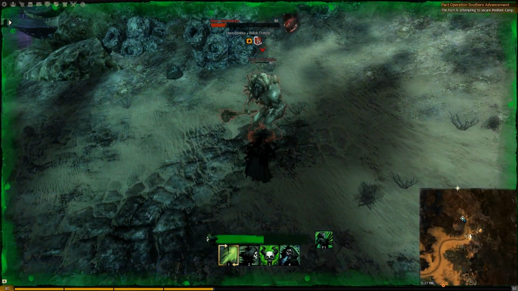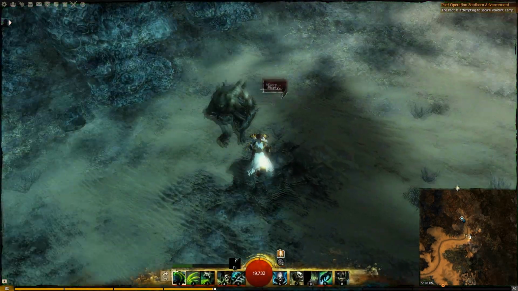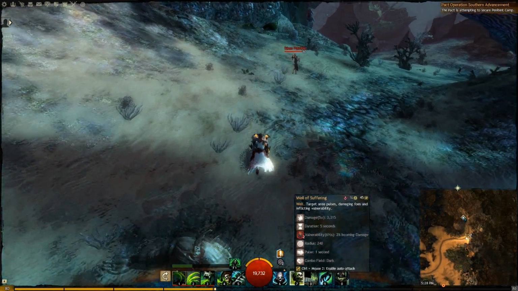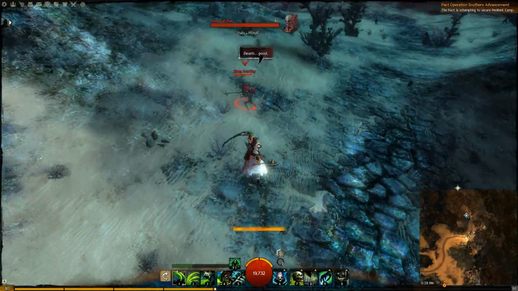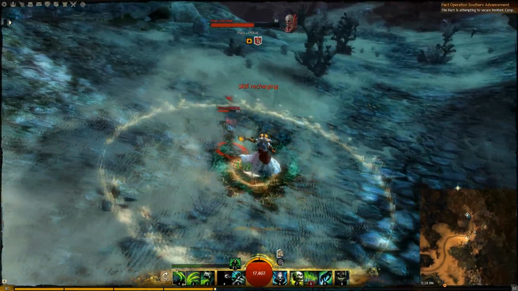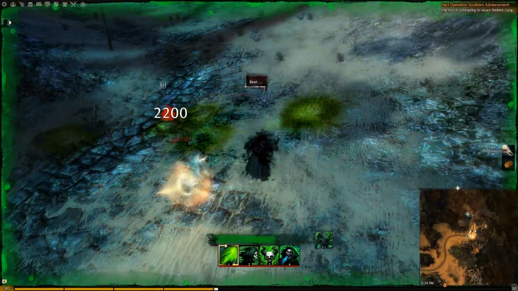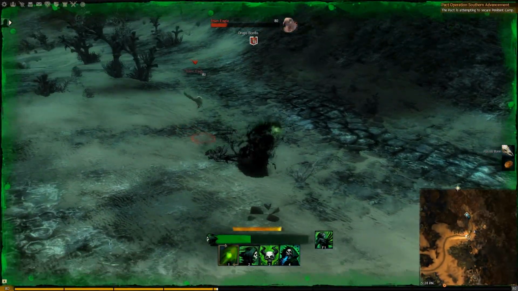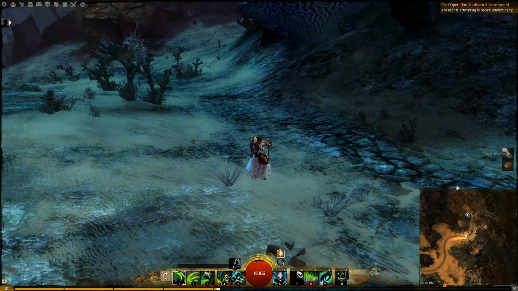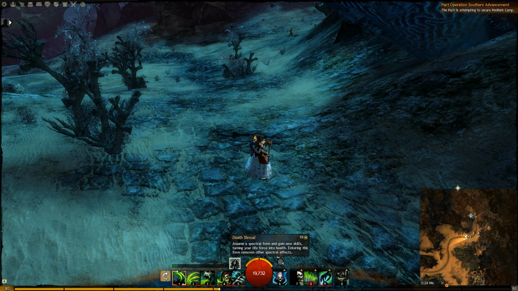And oh, come on, that's a normal hit. Now the spectral wall is on cooldown, and we have the well of suffering. We go to a mob, so that's the thing. Whenever you have Death Shroud,